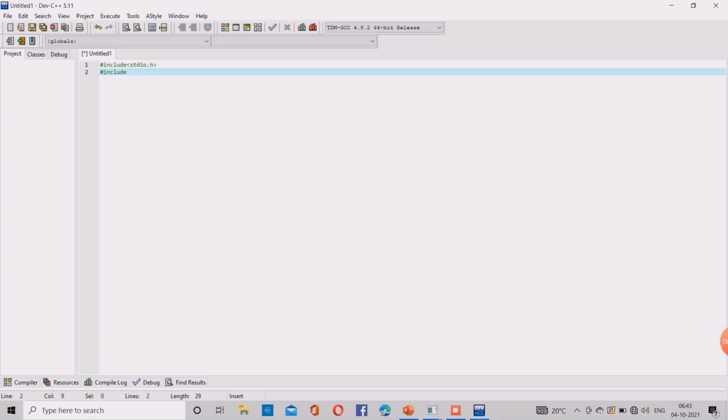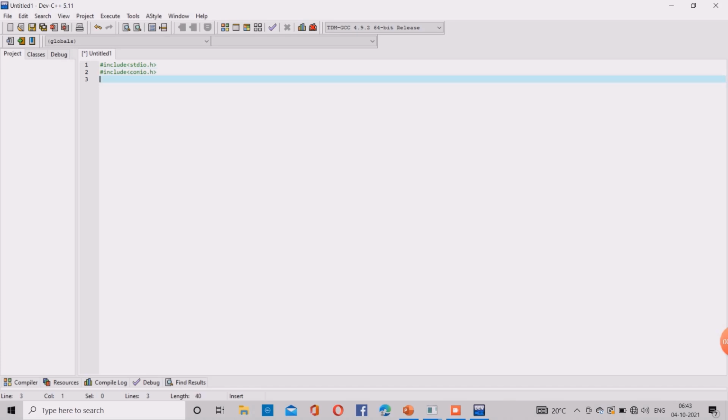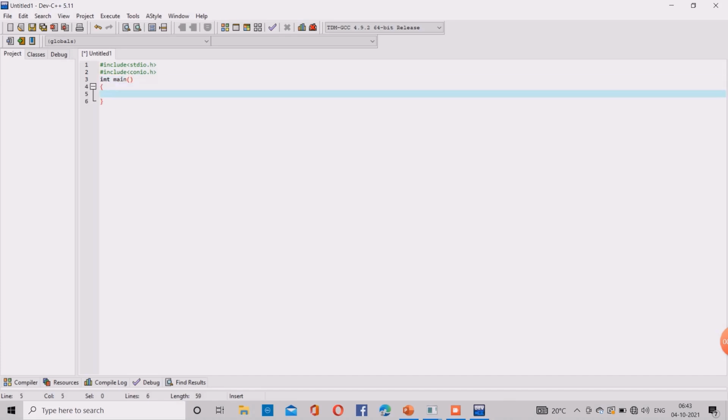And then we make a program, hash include stdio.h header file, and another header file, hash include conio.h. And after this we use void main and printf hello world, getch, curly braces open.